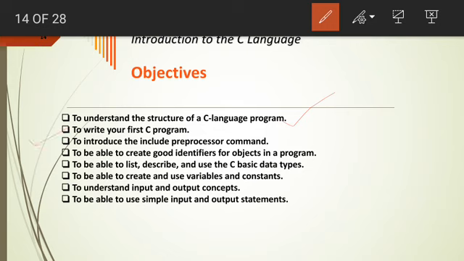We will try to write our first C program. Then we will introduce some preprocessor commands. Then we will create good identifiers. Then we will describe the specific data types. Then we will be able to create and use variables and constants, and understand input, output and simple input output statements.